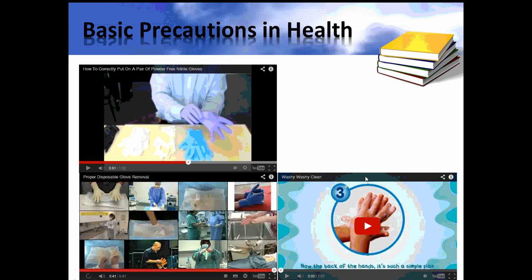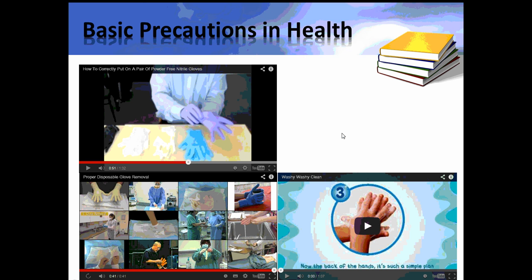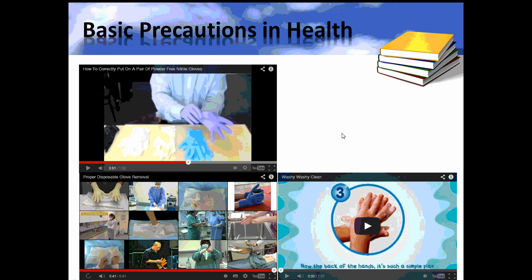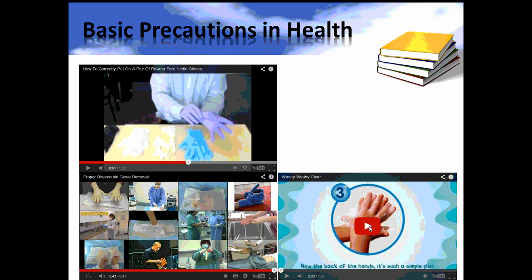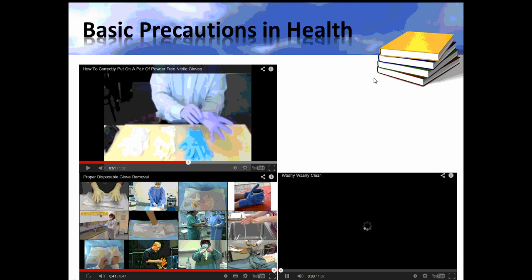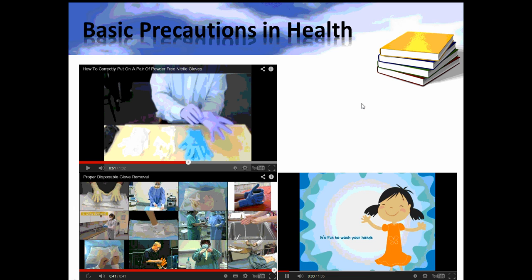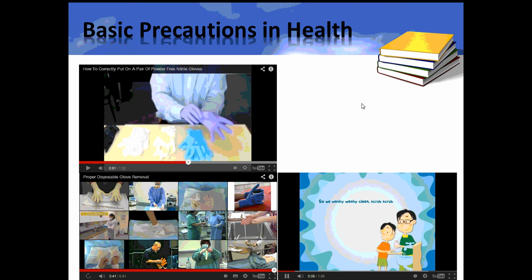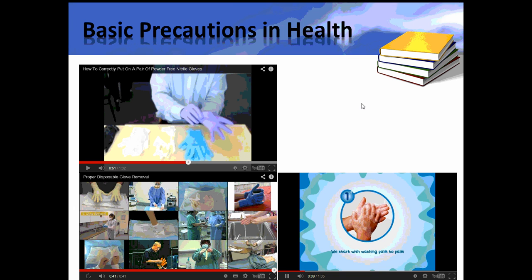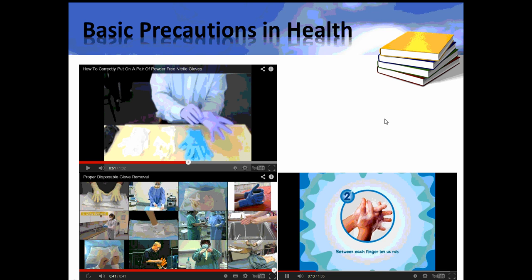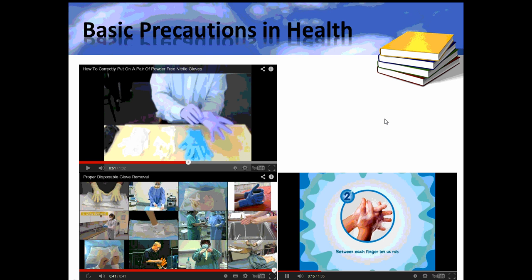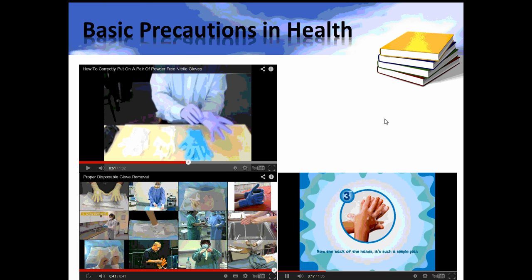So how you wash your hands is also really important. There's lots of resources and lots of things you can have a look at about how to wash your hands, and the basic technique is really quite easy. From children right through to adults, it's really important that you follow. You start with washing palm to palm, and between each finger you do the back of your hands,